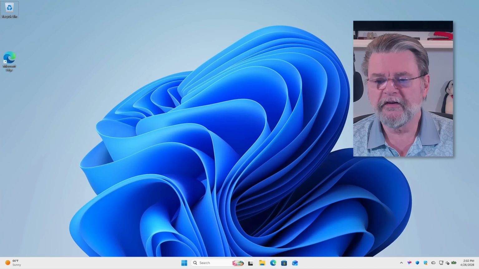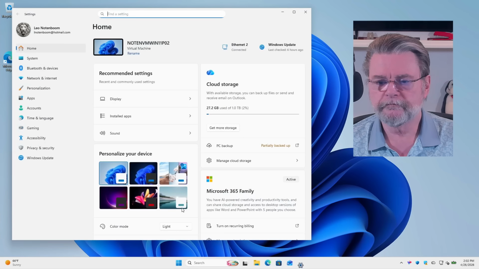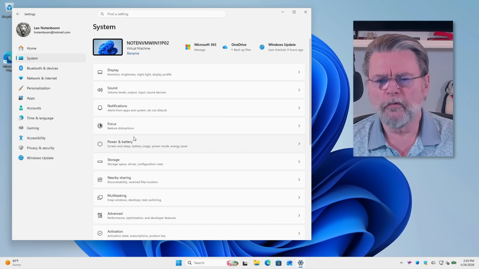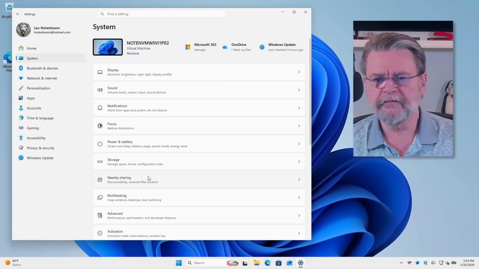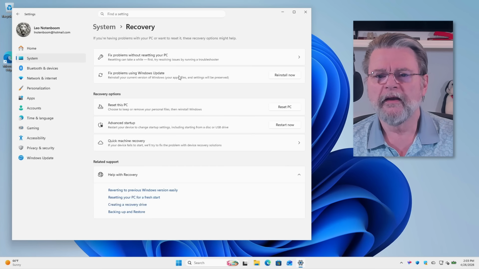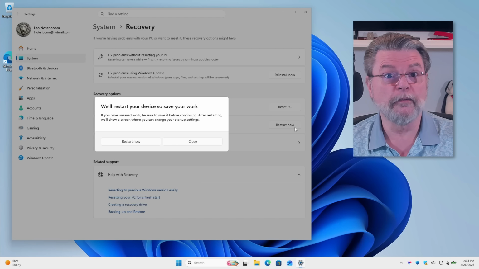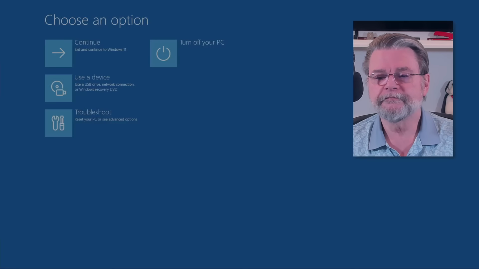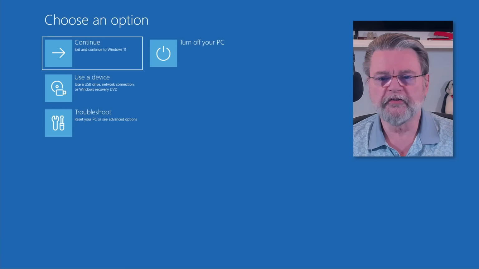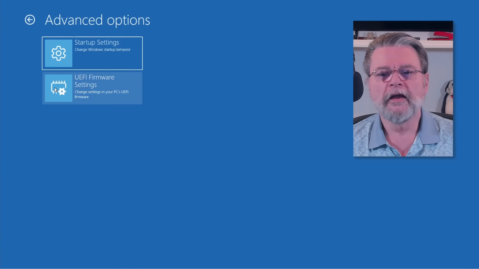It all starts in Settings. System. We'll go down to Recovery, and then Advanced Startup. You'll see that the button says Restart Now because that's exactly what's going to happen. The computer will restart into the advanced setup scenario. Once we're in the advanced options, we'll go to Troubleshoot and then